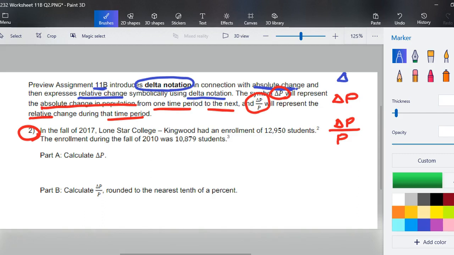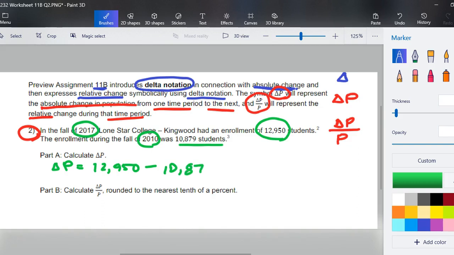Looking at question 2, in the fall of 2017, Lone Star College Kingwood had an enrollment of 12,950 students. The enrollment during the fall of 2010 was 10,000 students. Calculate the change in the population. My brain remembers it better as ending number minus beginning number. We saw earlier that the absolute change is the difference between a final value and an initial value. So our final enrollment in this problem is 12,950, and the initial enrollment is